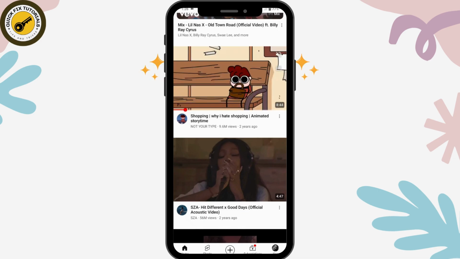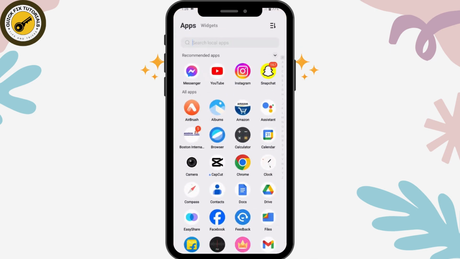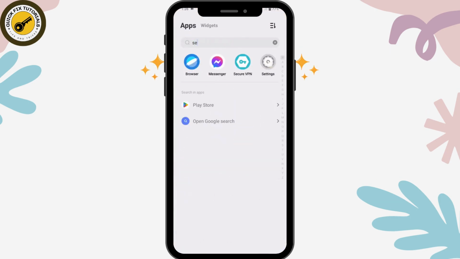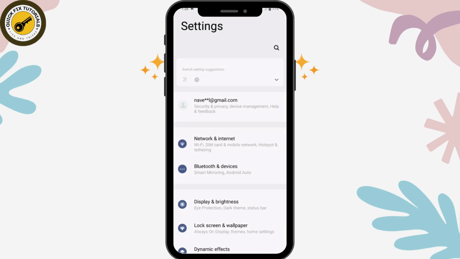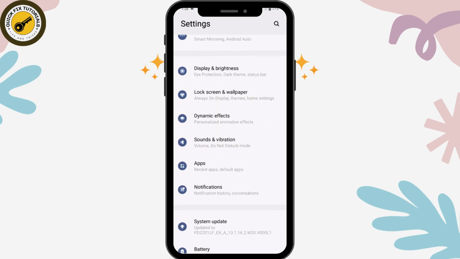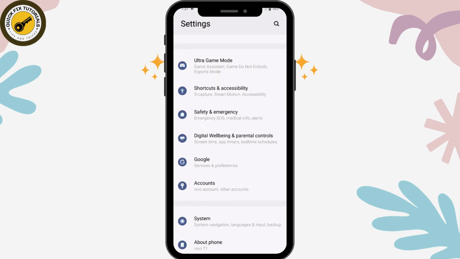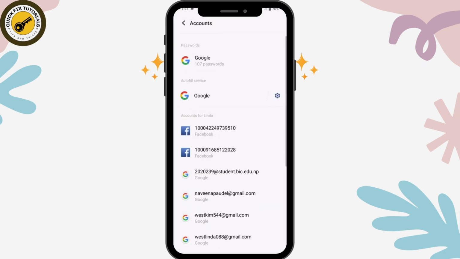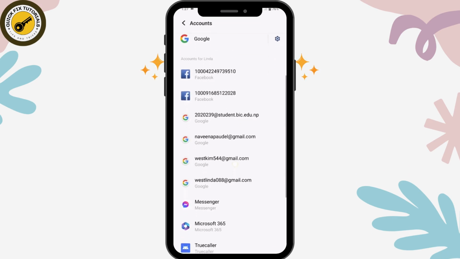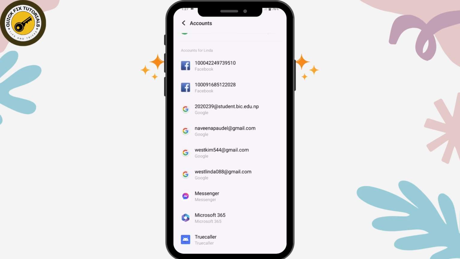So what you can do is simply open up your settings on your phone, and then you can go for accounts, and under accounts here you will have Google, right? So you will have this Google account, so you can simply choose the account which you are logged in right now,